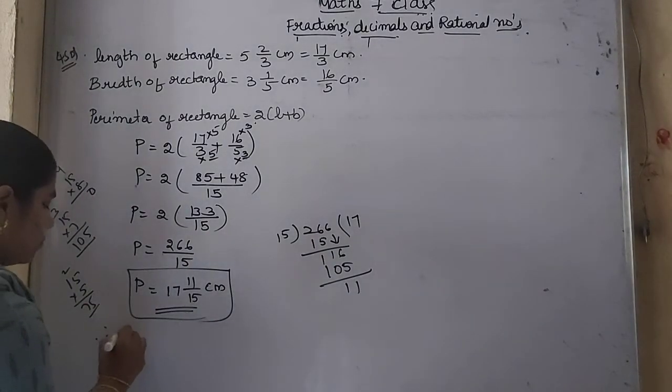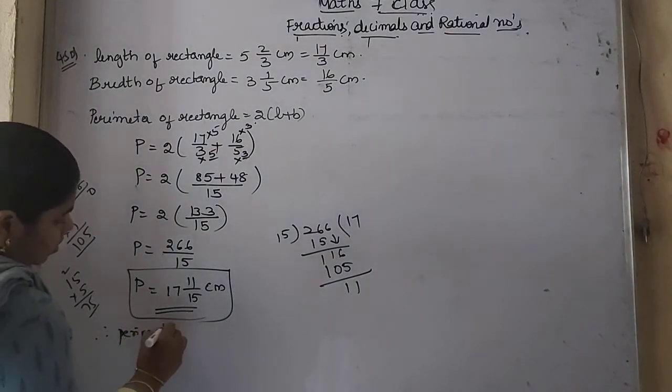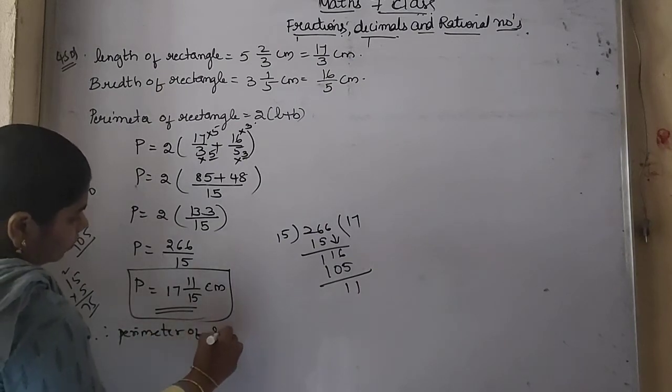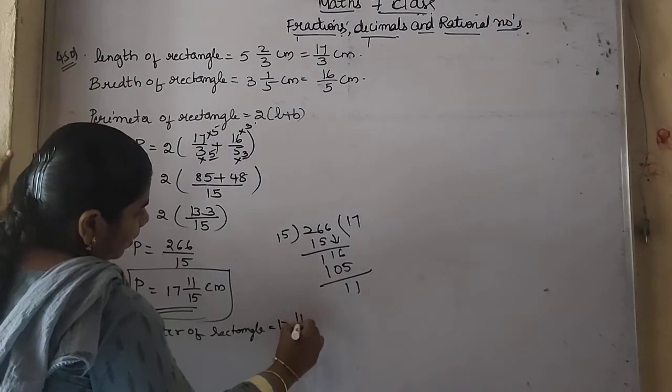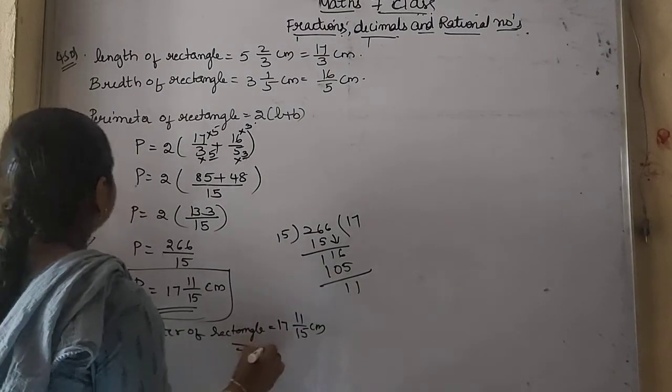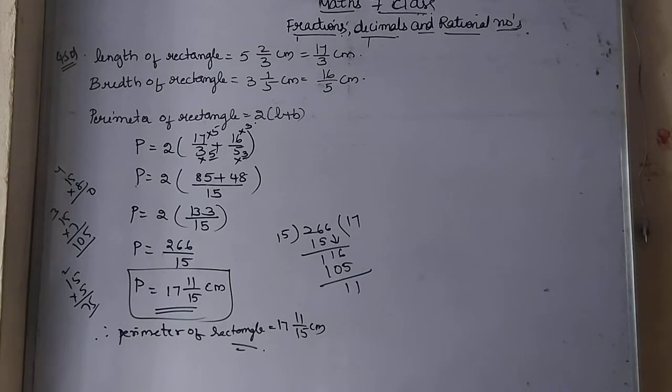So therefore, the perimeter of the rectangle is equal to 17 11 by 15 centimeters. So this is our fourth solution. So next is